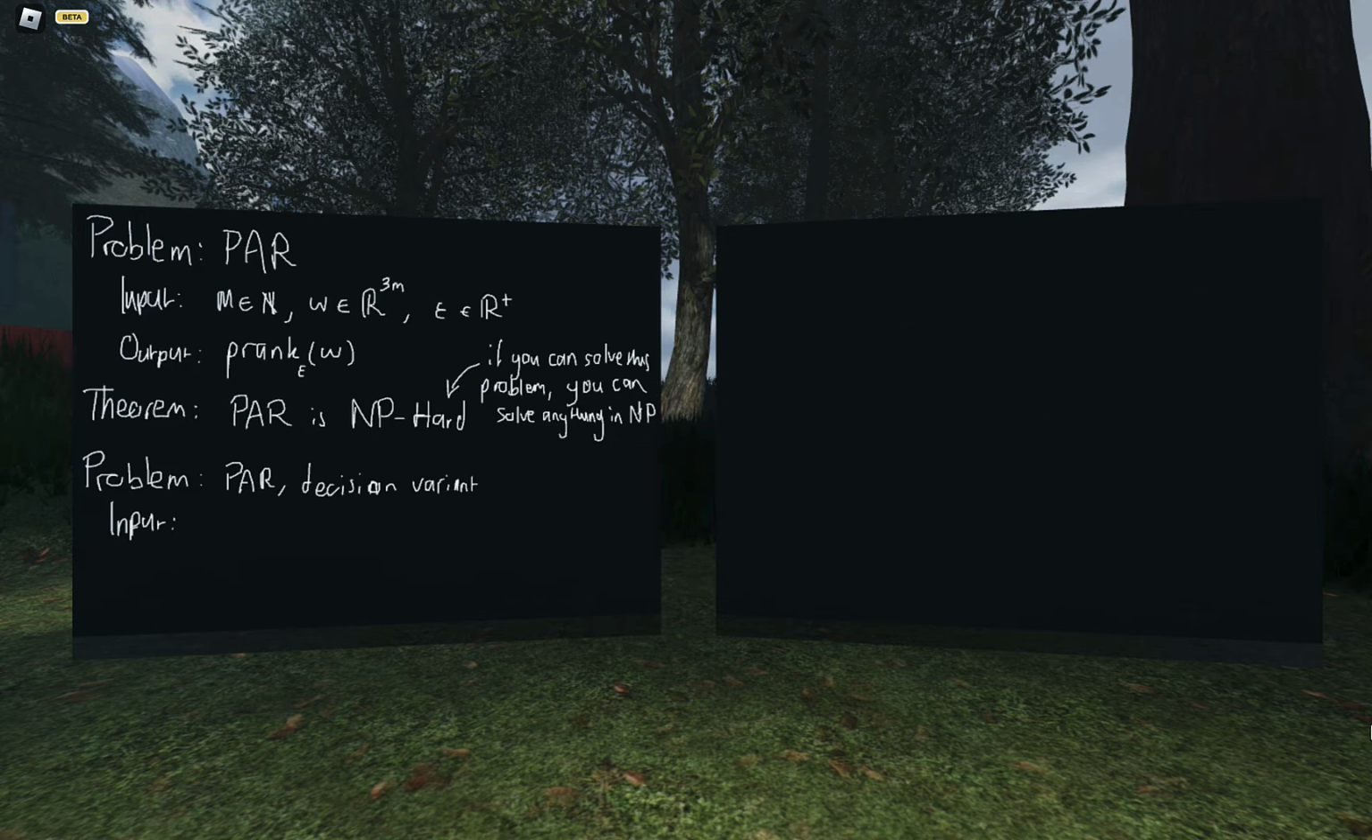Anyway, in this case, I'm going to tell you about a decision variant of the problem of parametric approximate rank. So this is like parametric approximate rank, but it's a decision problem, so the output is going to be yes or no. The input is the same: you've got your M, your W, and your epsilon. But you also have an R, which is a sort of maximum rank. And the output is